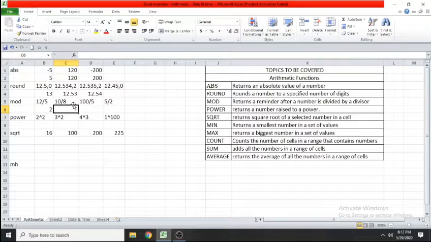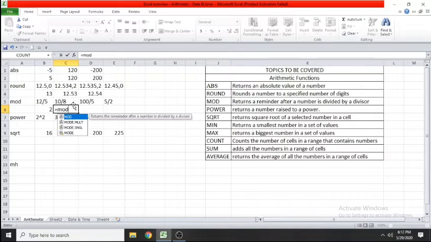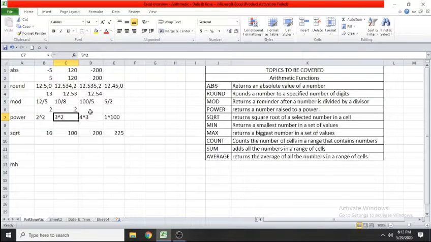Yes, it is 2. Again I am using the same function mod. Now I am trying to divide the number 10 by 8, comma 8. Here remember that in parameters we do not have to divide, but simply with the comma we have to write the number. Now you can see the remainder is 2.